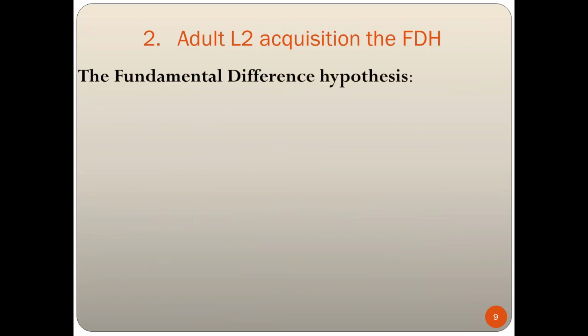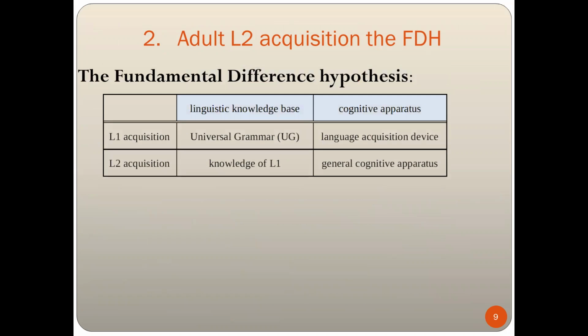Okay, and then we come to this theory, which is called the fundamental difference hypothesis. It was proposed by a person called Robert Bley-Vroman. Your handout has a number of references. The source is in the references, so you're welcome to follow up on these if you're interested. So Bley-Vroman proposed that